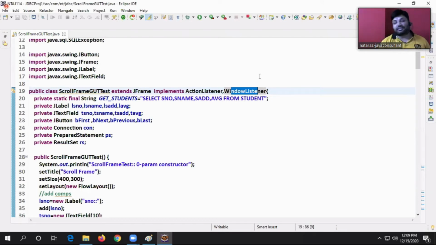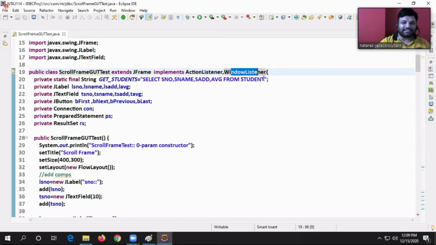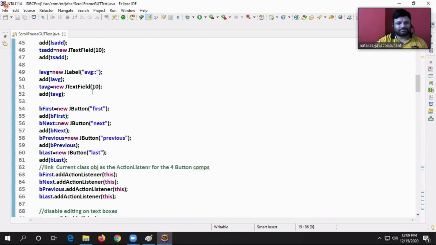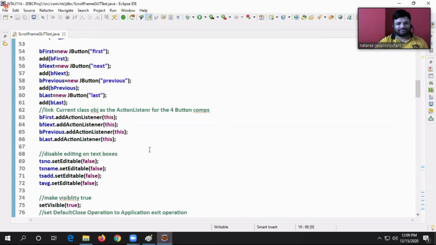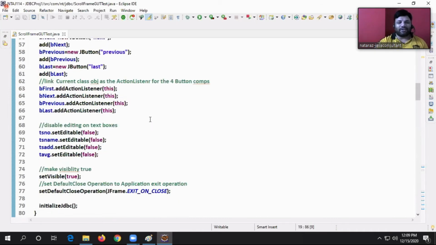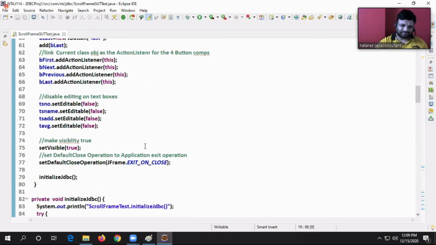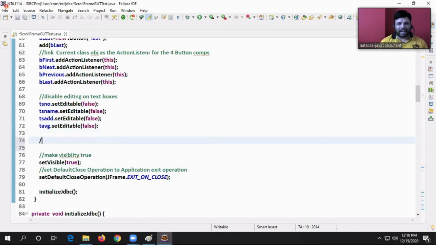Very, very interesting thing. Everyone noticed that one, guys? So here what I am doing: add window listener to frame.